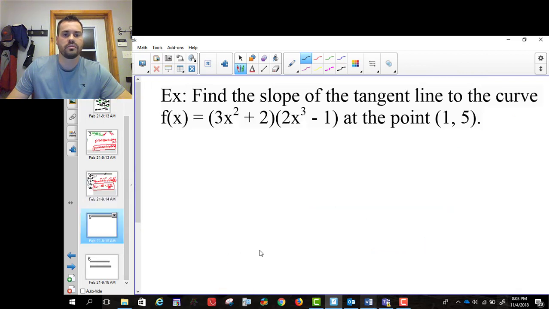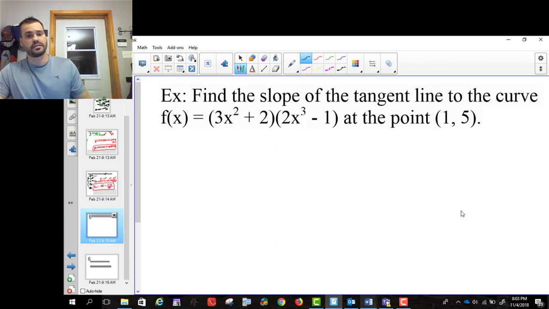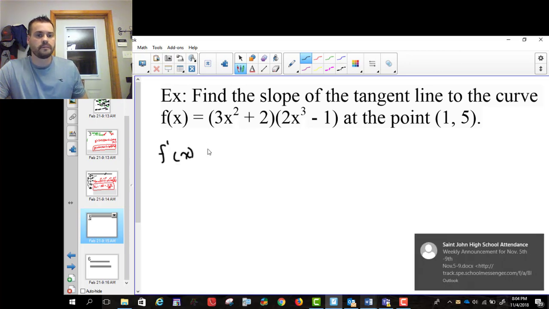So that's the product rule. All right? So let's try this one. It says find the slope of the tangent line to the curve, this, which is a fairly big curve, at that point. So what we do is we want to first of all find the derivative. The derivative is going to give us a slope. We're going to go, okay,